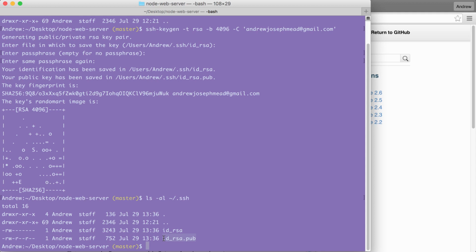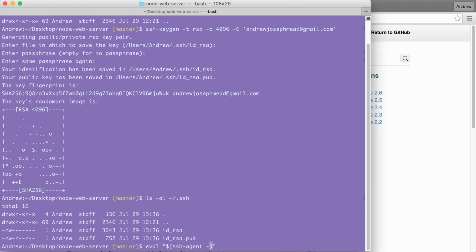Now that our keys are generated, the last thing we need to do is start up the SSH agent and add this key so it knows that it exists. We're going to do this by running two commands. First up, we're going to run eval. Then we're going to open some quotes. Inside of here, we'll use the $ and open and close some parentheses, just like this. And inside of our parentheses, we're going to type